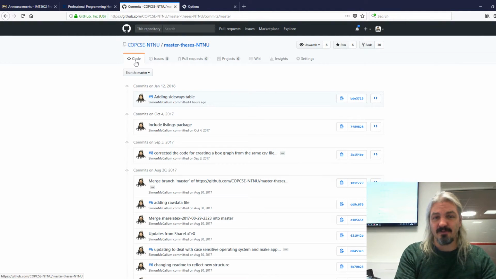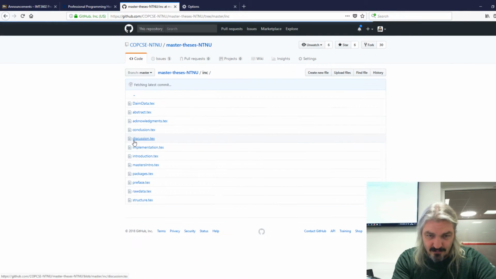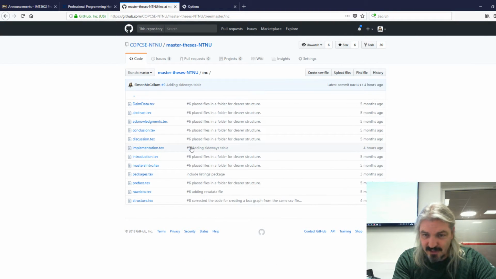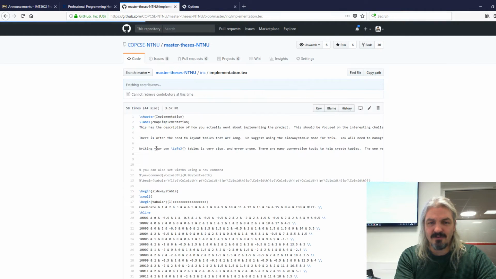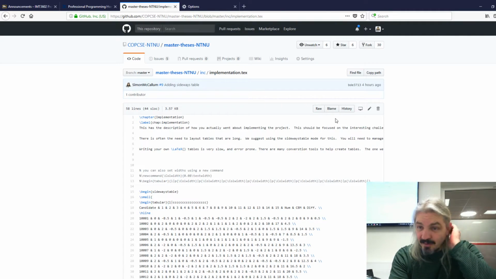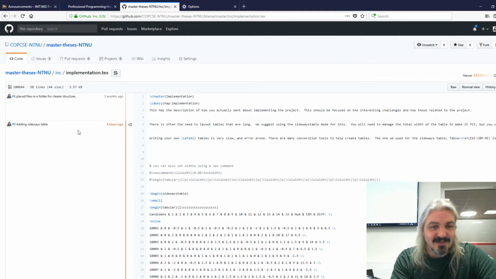Like, for example, if I go back to the code, and I have a look at the includes, and I go to implementation, you can see it was implementation where added sideways tables was last changed with issue 9. If I go into that code, and I go into blame, I get to see where in the code I was changing things in this issue 9 tracking.